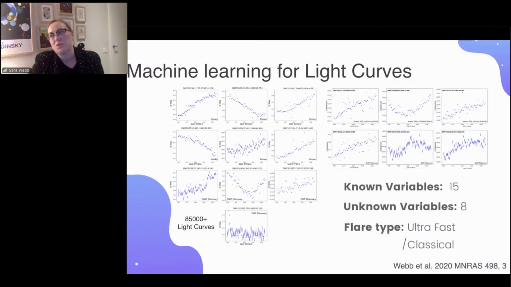But doing that, we were able to find a myriad of things. We found a heap of known variables that were already catalogued, a lot of unknown variables that were not catalogued or not flagged in different catalogues or surveys. And we also were able to retrieve different types of flare stars. So both classical flares, which last for 10 to 20 minutes, they're quite distinctive, and something called an ultra-fast flare, which until about a year or so ago, they were less well understood because they do happen very, very quickly. And that is that example right there on the bottom next to that 85,000 plus light curves, where we get a very quick peak and a very quick fall in our light curves.